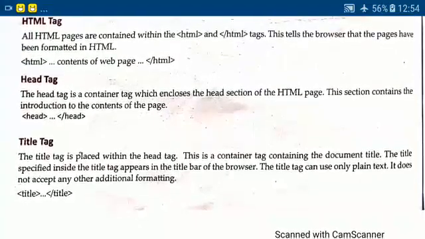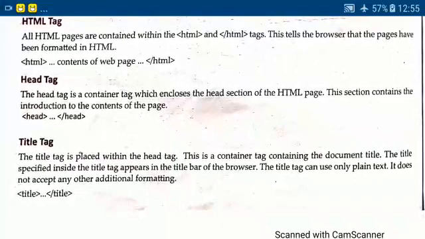Another one is the title tag. The title tag is placed within the head tag. This is a container tag containing the document title. The title specified inside the title tag appears in the title bar of the browser.